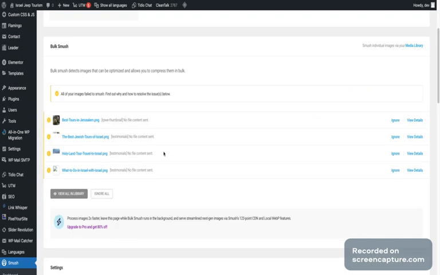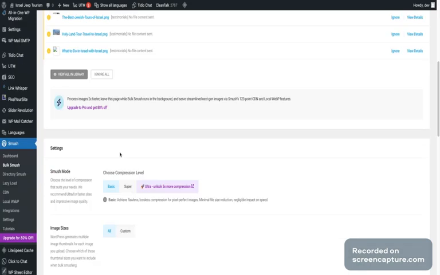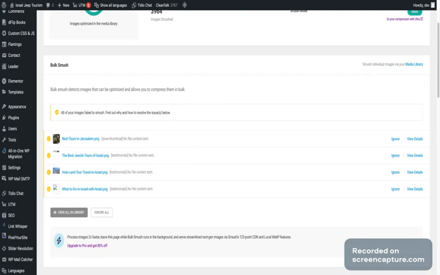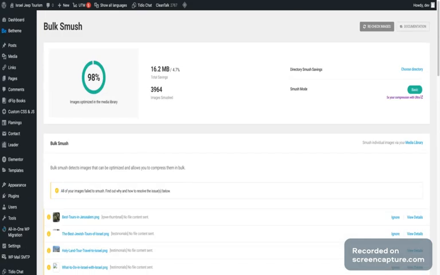So that's the work of this plugin. The downside of this is that since it's free and it's limited in optimizing or compressing in the future, when there are a lot of images to upload,